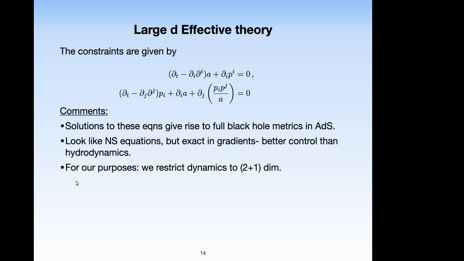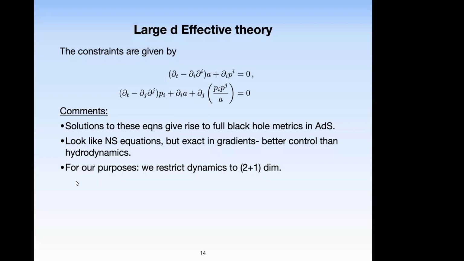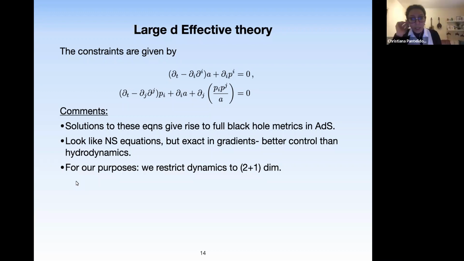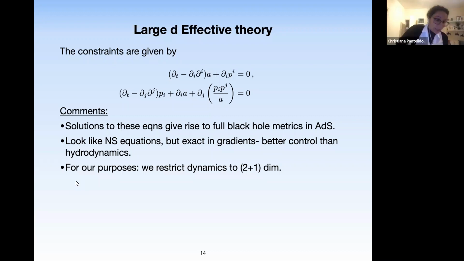Christiana, is this expansion asymptotic or converging? The large D expansion, you mean? Yeah, on the previous page. When it's a converging expansion, then you can pull it all the way to low dimensions, but if it's asymptotic, you may have real trouble in low dimensions. How does that work out? Are you referring to the large D expansion? Yes. As far as I know, the large D expansion is asymptotic.